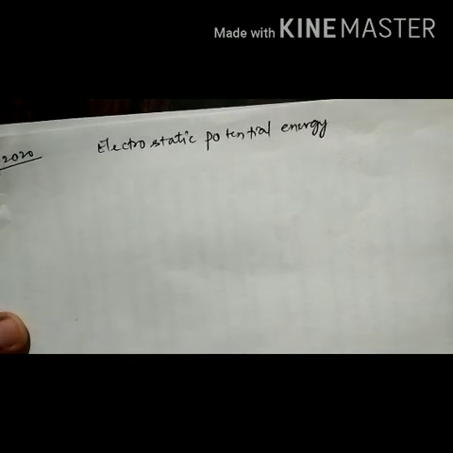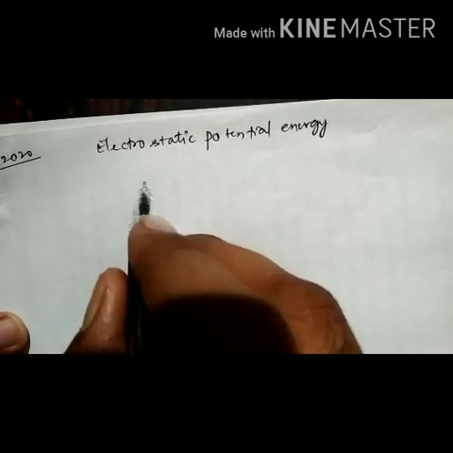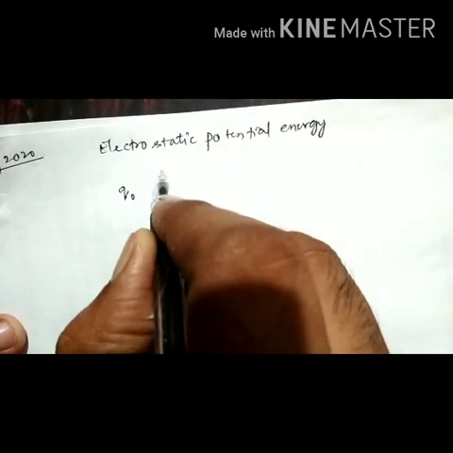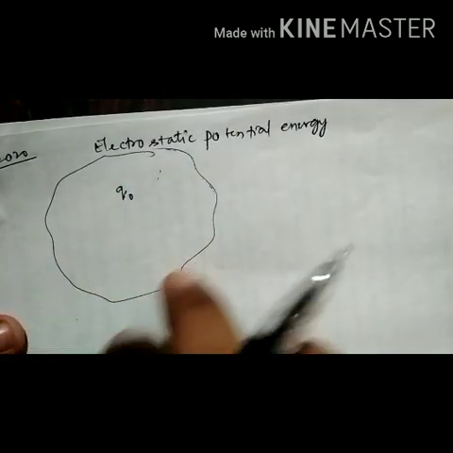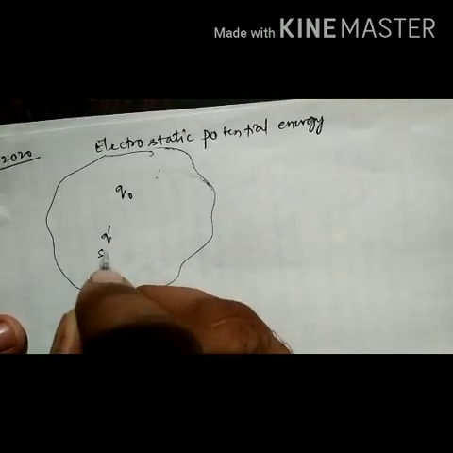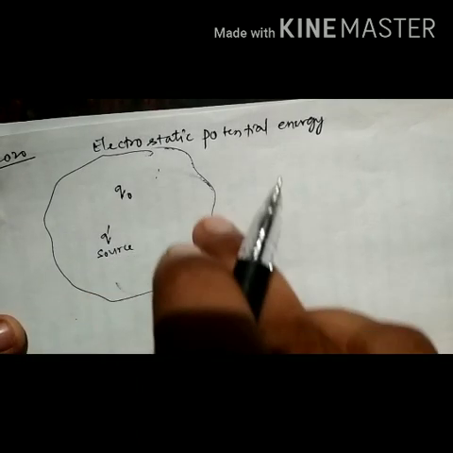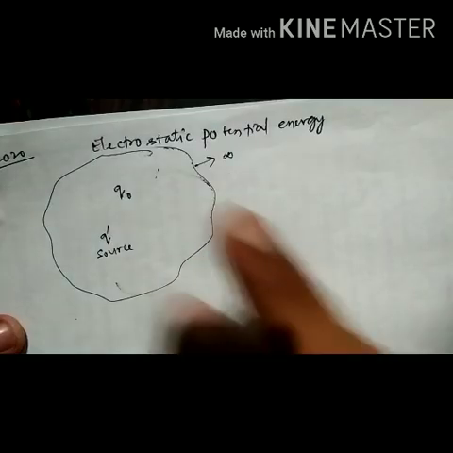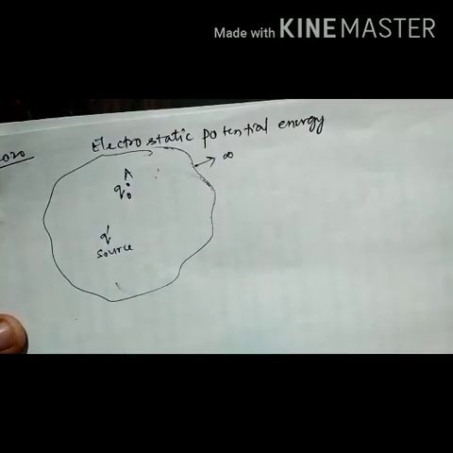So we can understand this in two methods or two different approaches. Both will give the same result. So first one is, let us consider a point charge Q0 placed in an electric field of intensity E. For example, this is the electric field. Whenever you consider the electric field, there must be some charges, so we call it the source charge. Due to the source charge, there is an electric field, and the point beyond this field we take as infinity. Inside this, at a point A, a charge is placed.